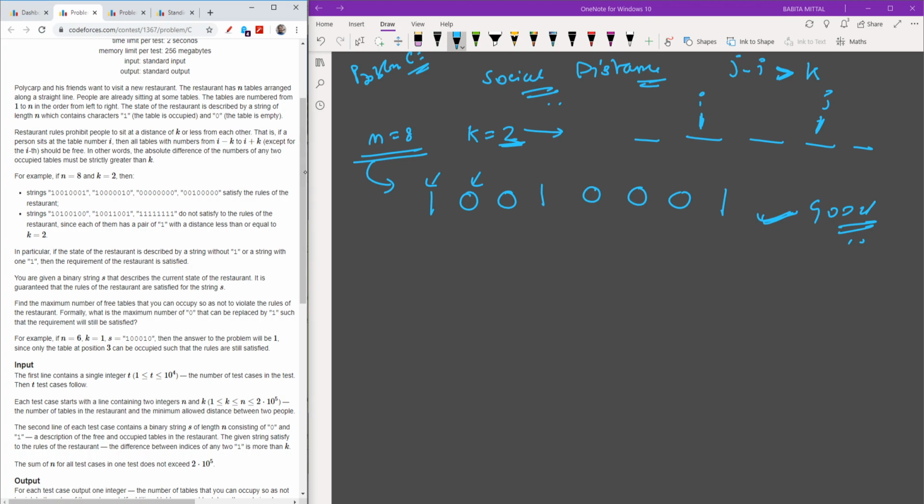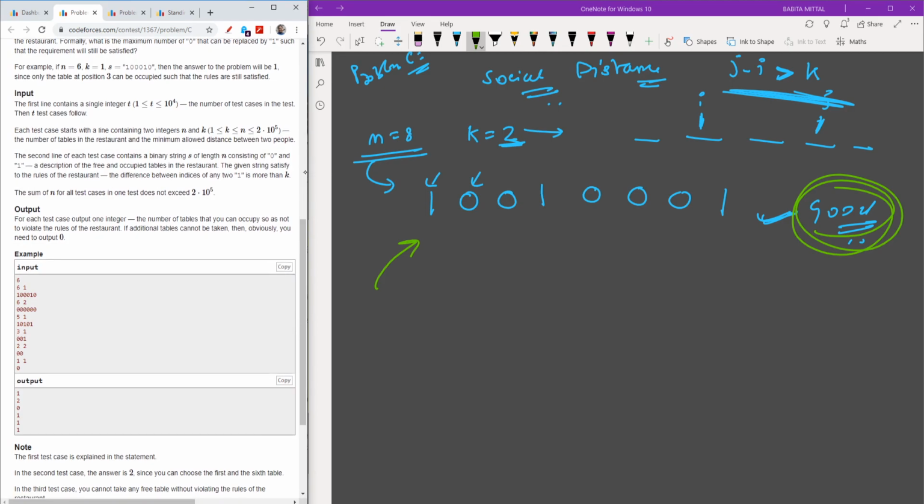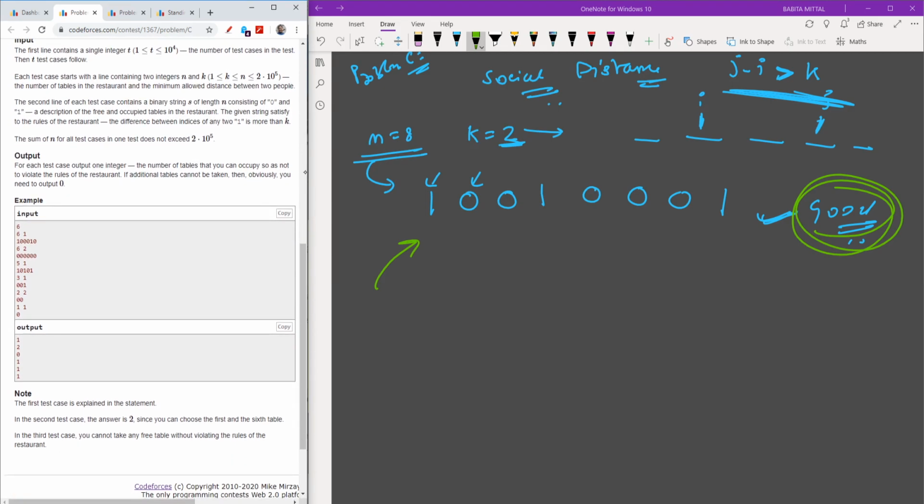Yeah, it should be more than k. So we just need to find how many such ones I can place in this string so that I am still able to keep my array good. Let's look at a few examples and check how we can approach this problem.